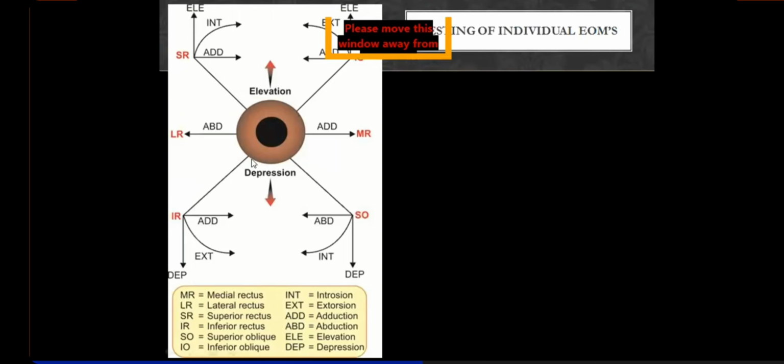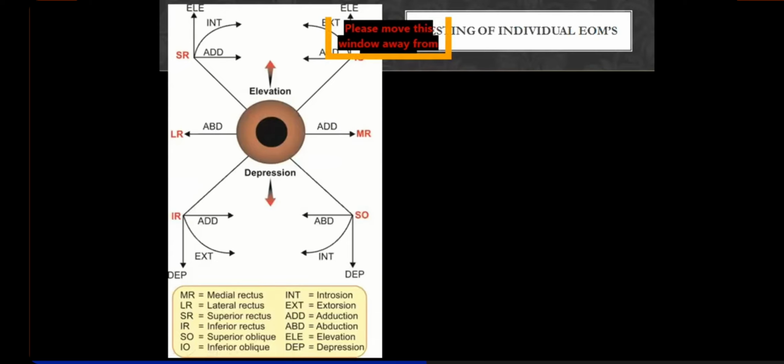This is an eyeball, let's say, and this is a right eyeball, so you can see the medial rectus and lateral rectus. I told you there's no confusion here. The medial rectus causes adduction of the eyeball, pulling it medially towards the nose, and the lateral rectus abducts the eye towards the temporal side, right?